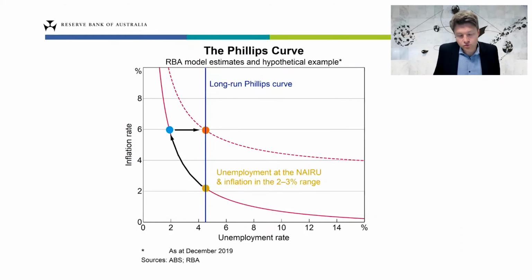Now, this framework has really important implications for monetary policy, because what it suggests is that monetary policy is able to influence fluctuations of the unemployment rate around the NAIRU in the short run. But in the long run, it can't affect the level of unemployment. If policymakers want to lower the long run level of unemployment, monetary policy is not the right tool for that. And rather you need things like microeconomic reform and other policies that really target the structural factors that determine the level of the NAIRU in the economy.